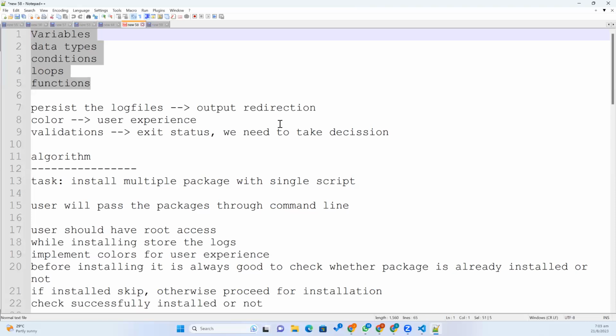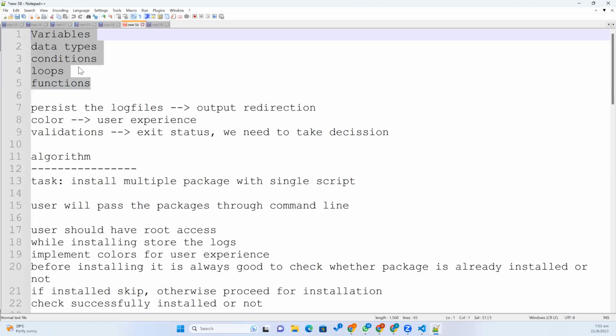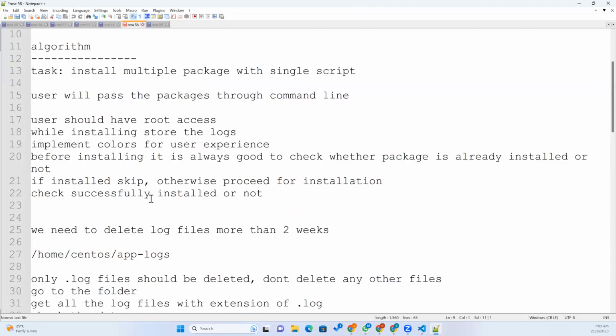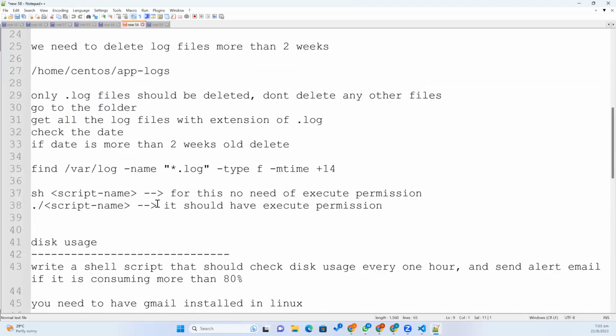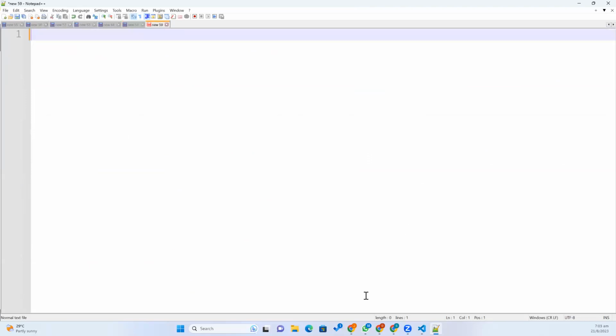Okay, so in our last session, we started practicing all the shell script concepts, like coding concepts, and then we are persisting the log files, and we are using colors. We are checking validations, and we started implementing shell script for deleting the old log files. This is the command to get the .log file extensions, and with more than 2 weeks ago created date. Okay, and yeah, so today, so last time we installed